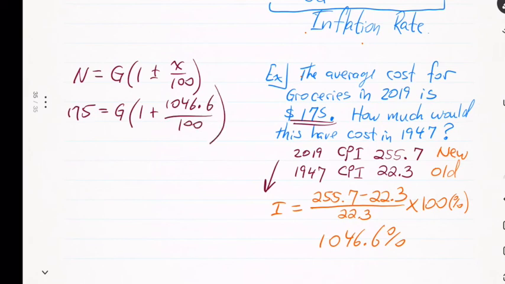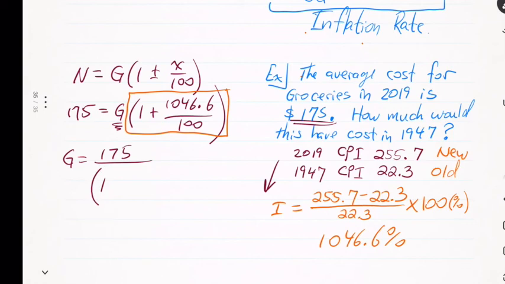Now, to solve this, we need to get g by itself, so I need to divide both sides by this whole thing. So I'm going to, in my calculator at least, do this part. So it's going to be g equals 175 divided by, in parentheses, 1 plus